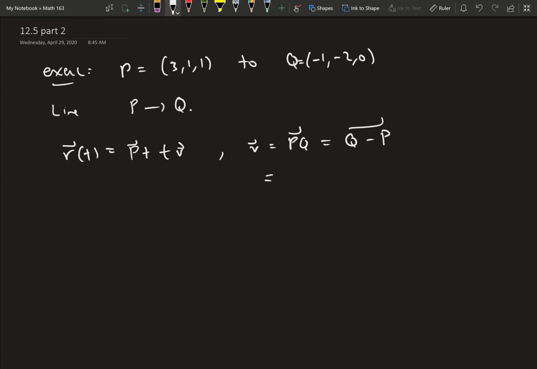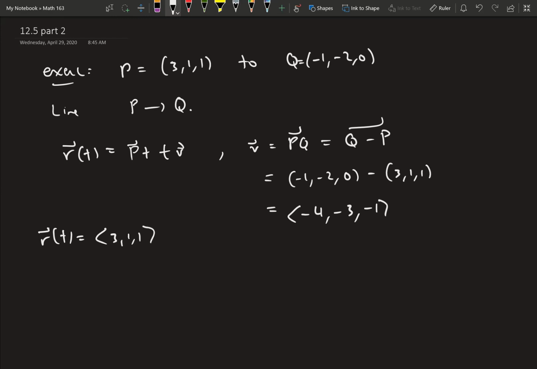So this is (-1, -2, 0) minus (3, 1, 1), and that's (-4, -3, -1). So our equation of the line is (3, 1, 1) plus t times (-4, -3, -1),